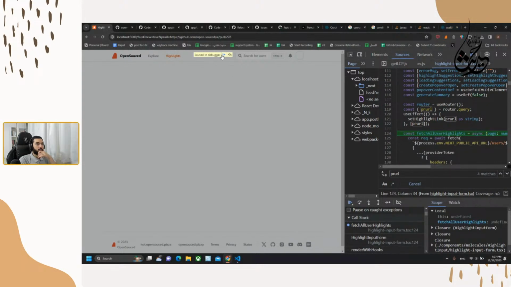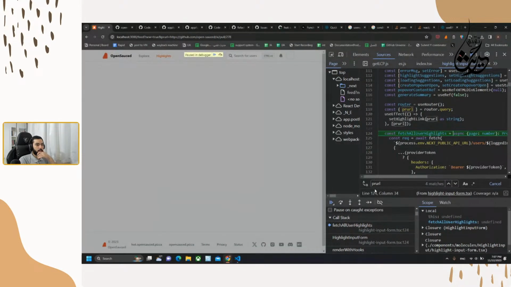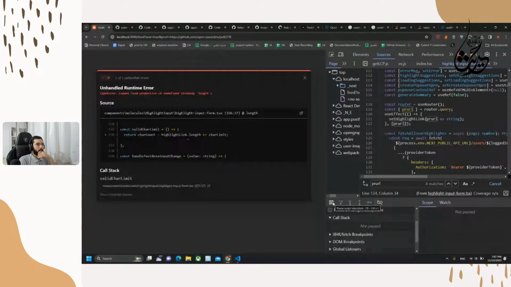Let's just go. Okay, this cannot read of, and it shouldn't be undefined.